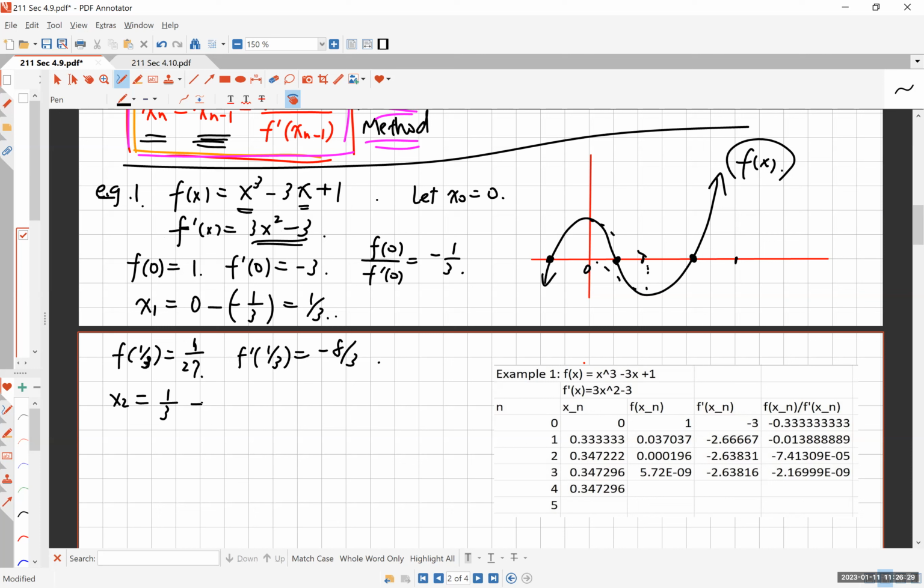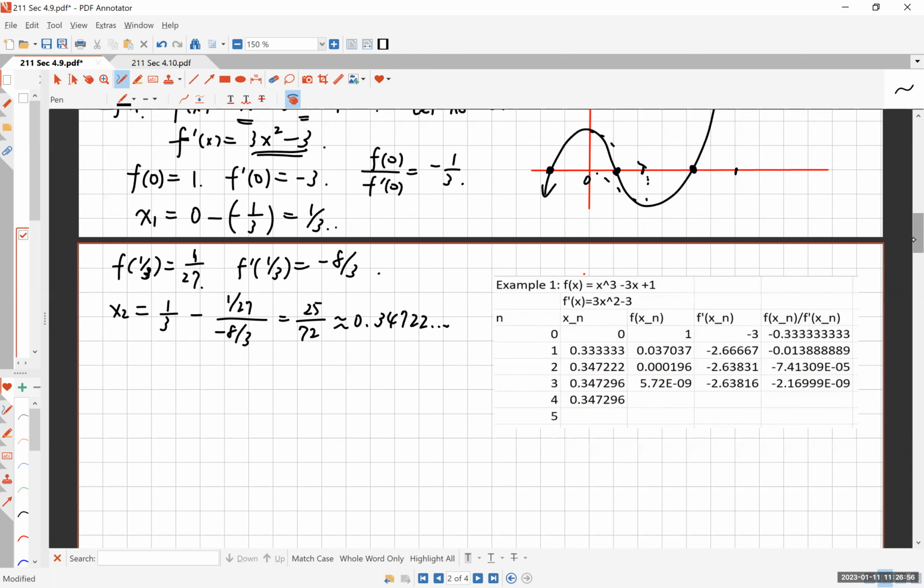minus 1/27 divided by -8/3, f divided by f prime. If you do this calculation, it's a little complicated because you have fractions inside of fractions. It'll be 25/72, and that turns out to be 0.34722. You can probably see the advantage of using decimal numbers as opposed to fractions, because these fractions will get extremely large. All right, so then what do